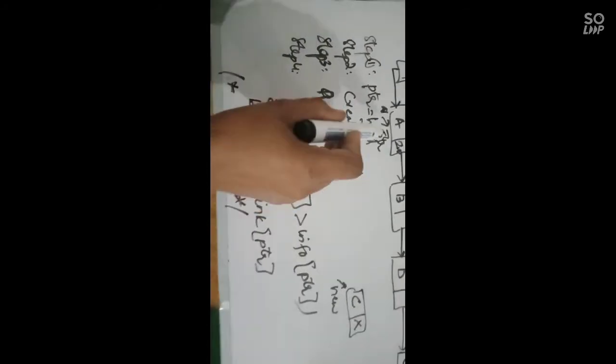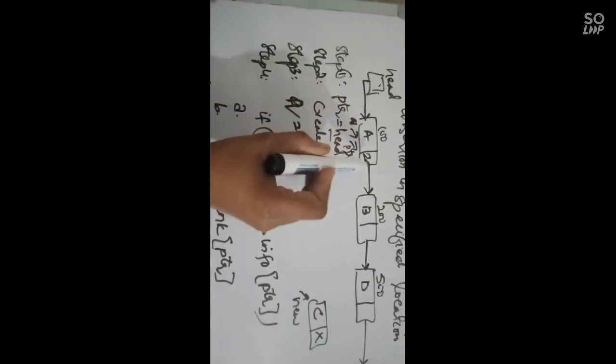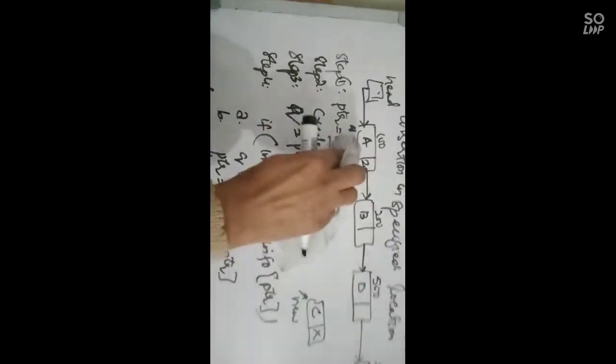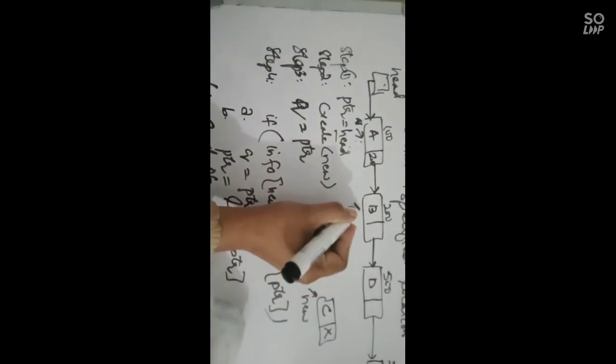Okay, now how do we make a pointer forward? By saving q equal to ptr, and then ptr equal to link of ptr. Now currently ptr is pointing to 100, right? And link contains 200. When link of ptr is assigned to ptr, ptr becomes 200. Now it will jump from here to this node. Okay, ptr is at this node, and q is whatever the ptr was previously.